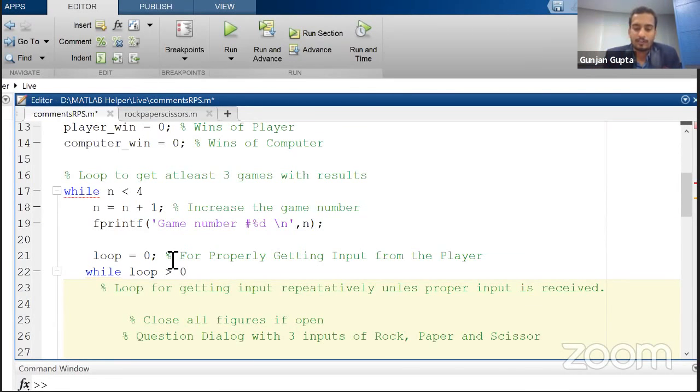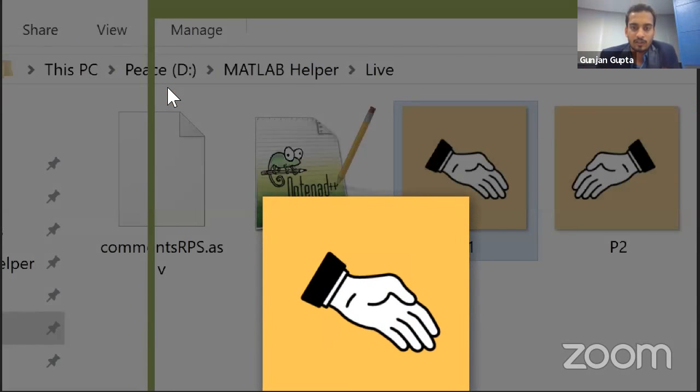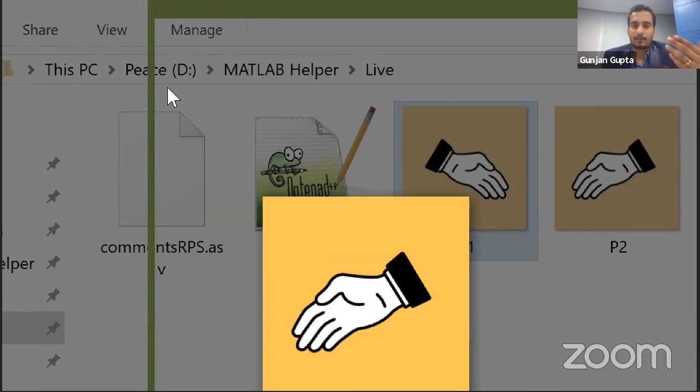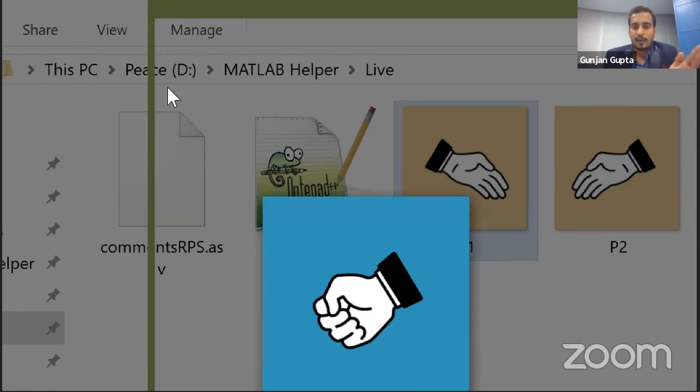So we will be having different plots. I should show you these figures which I have already prepared before the session. Since it is rock, paper, and scissors, I have already discussed what the figures could be. I have prepared 3 figures for the player, which would be R1, P1, S1, and for the computer, we have taken R2, P2, and S2. The direction has been taken in the same manner, so the image of the user would be from the left-hand side. If I choose rock, it will be shown in that portion, and if the computer chooses rock, it will be shown in that part.